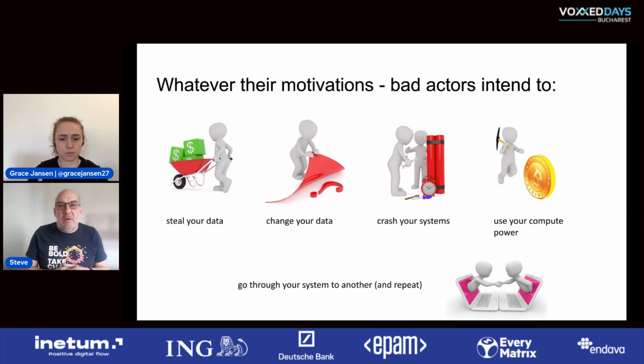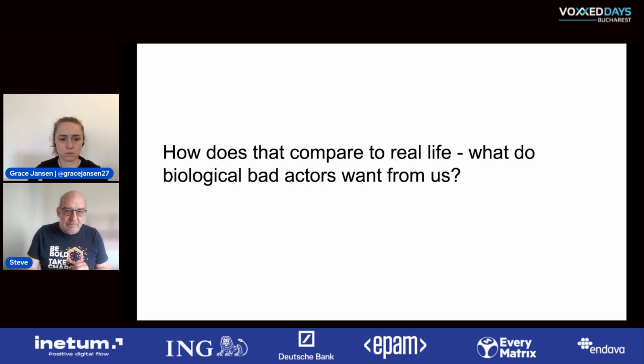Steal your compute power to do Bitcoin mining, which is the traditional reason for doing it, but actually for botnets and things like that, put in quiet ways. And obviously try and use your systems, and yourself, to go through your systems to get to somebody else to do the same thing there. They have these basic motivations. So bad guys on the outside trying to compromise your systems for their benefit.